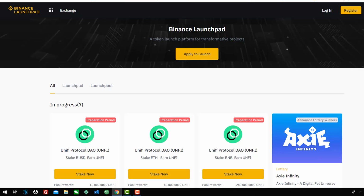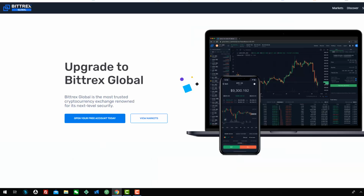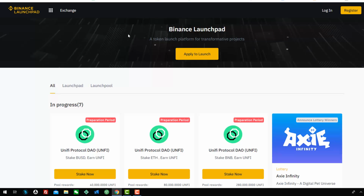So people want to get into these IEOs. They know they're very profitable, up to 200 to 300% on average, and so it's like a no-brainer, right? But to get in these IEOs on Binance, you need to have BNB coin, all right? So they have to stake it, have it in their account, and this is pushing the price of BNB up. So one of the pros with doing IEOs, whether it's on Binance, or OKX, Probit, Bittrex, KuCoin,